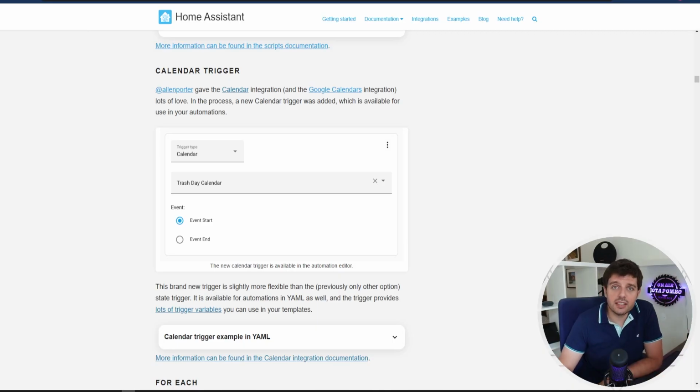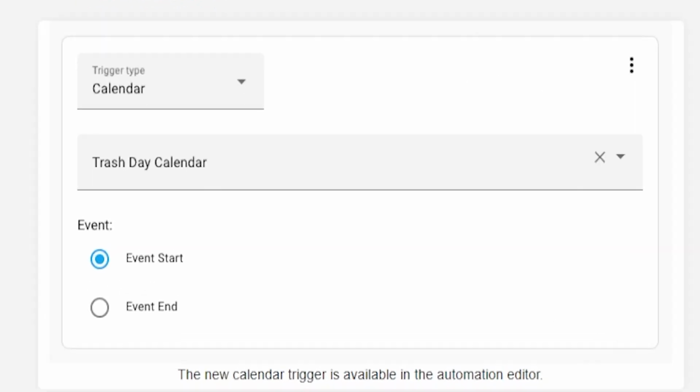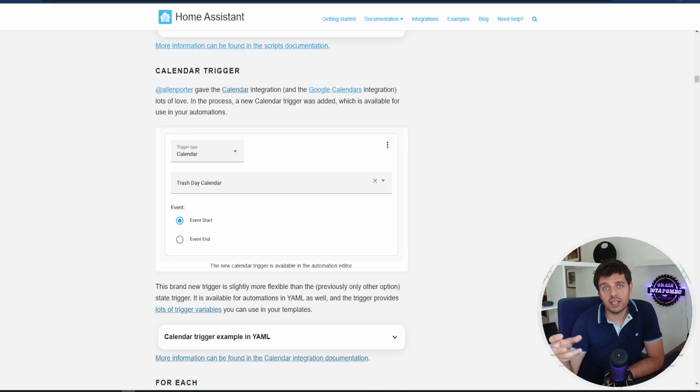Moving on, calendar trigger. Now I don't use calendar in Home Assistant, but this can be the trigger for me to change that, because now you can run your automations based on event start or event end in events within a calendar integrated with Home Assistant. For most of us it will be Google Calendar, so we have our Gmail accounts that have a calendar associated with and that you can easily integrate with Home Assistant, and then